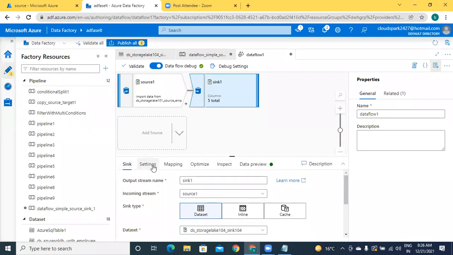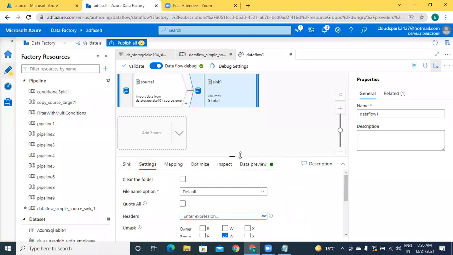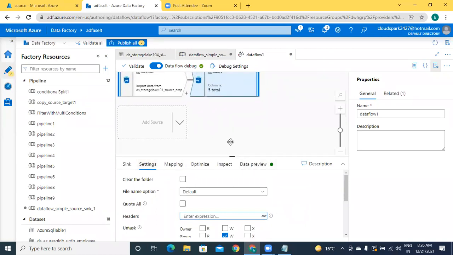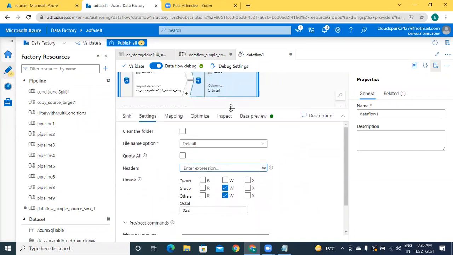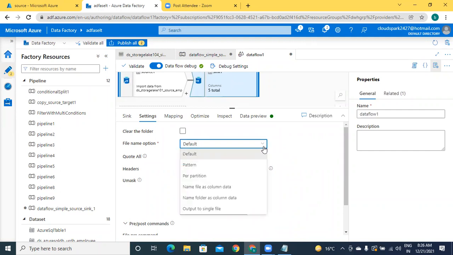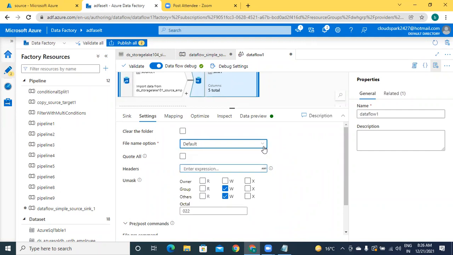Come to the settings. Are there any useful options for us? Clear the folder: if any already existing files are there, if you activate it, that will be cleared, that means deleted. That means fresh data will be loaded into this. File name option, using the default option.